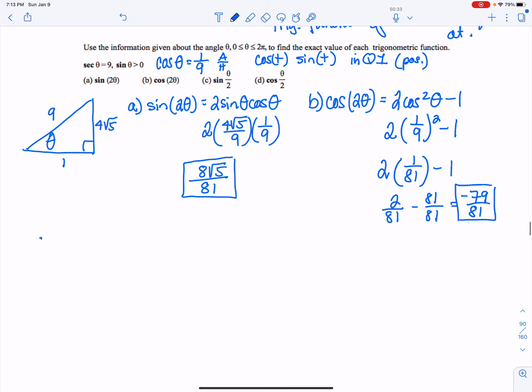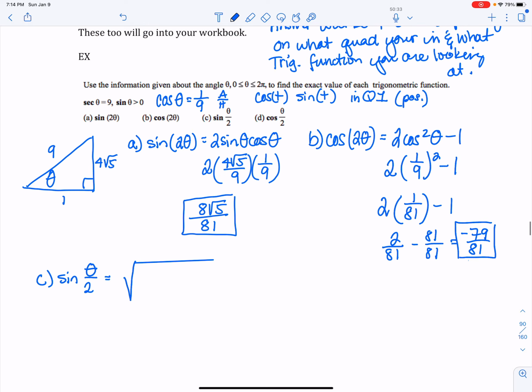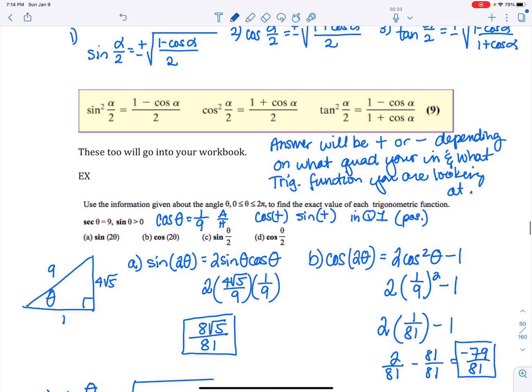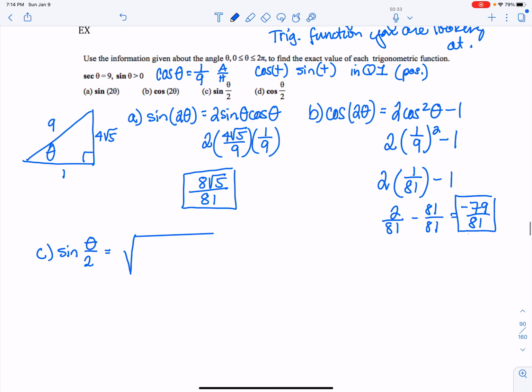Okay, now part C is asking me to find sine of the half angle, so theta divided by 2. Okay, so I'm going to use a formula. I'm going to use the positive portion of the formula because I'm in quadrant 1. And the formula states that I have the square root of 1 minus cosine theta all over 2. Okay, so I'm going to plug and chug